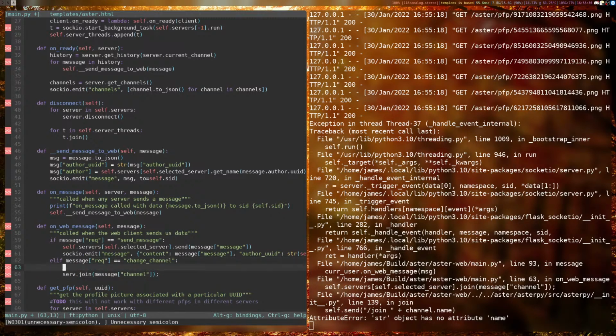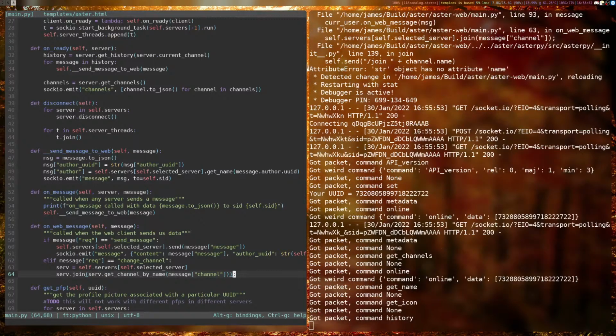Okay, let's do serve equals, okay, get the server, join, but I don't want to join just the text, I want to join serve.get channel by name, and then shove that in. But we also want to do